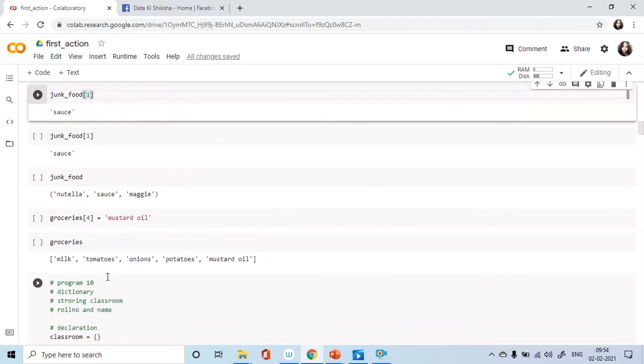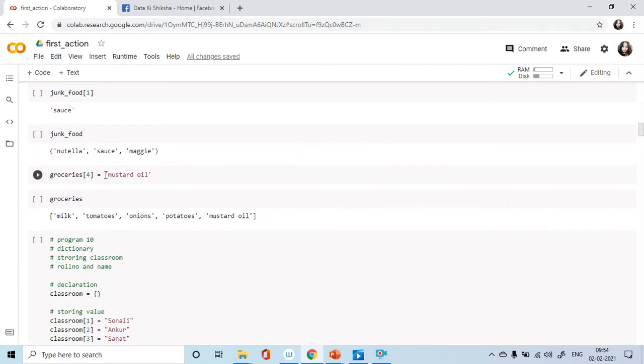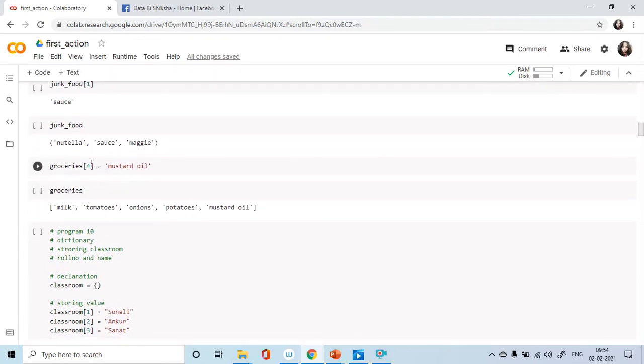Junk food. So you can see how the tuple works. But if you want to change a value, before you saw that when we tried to assign a value at the 5th, basically the 6th position, it was giving us an error, throwing an out of index error. But if you want to change the value for a location which has already been assigned, you will be able to do it